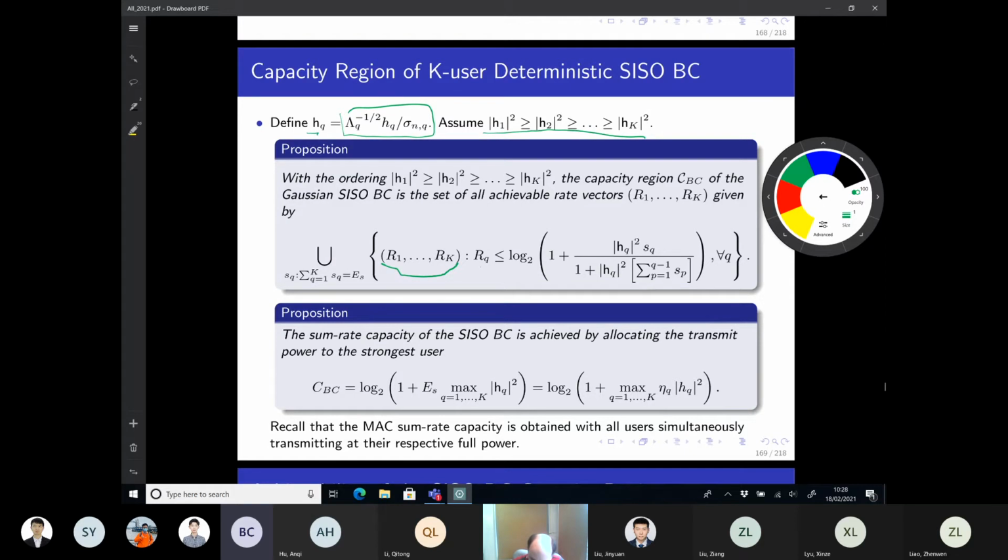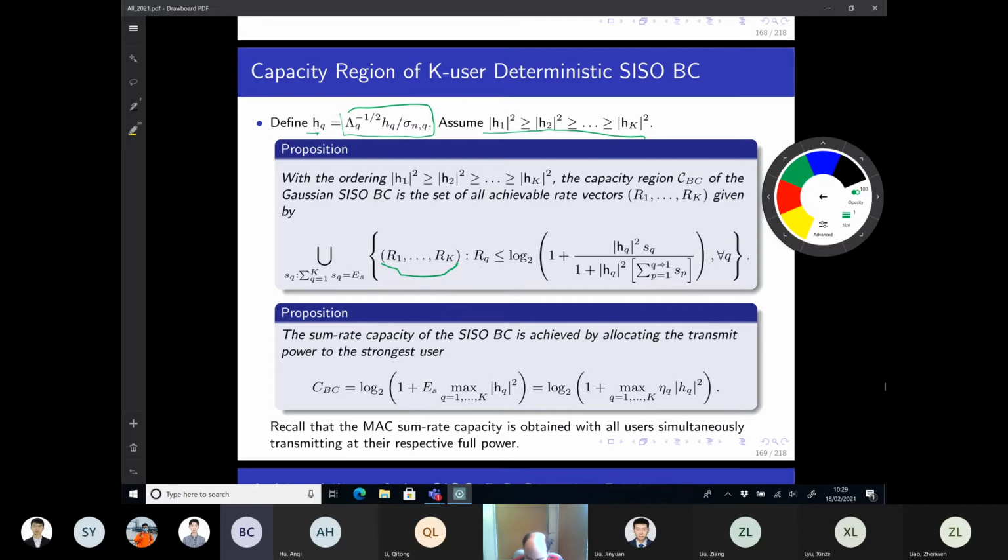Okay, so what you see here, the rate of user 1 is the strongest one. So I'm going to have S1 at user 1, and here I have H1, and the sum over P goes from 1 to Q minus 1. That's going to be 0. So here this term will be equal to 0. So the rate of user 1 will be log of 1 plus the SNR, right? That's a strong user. The rate of user 2 will be log of 1 plus some SINR, S2, and